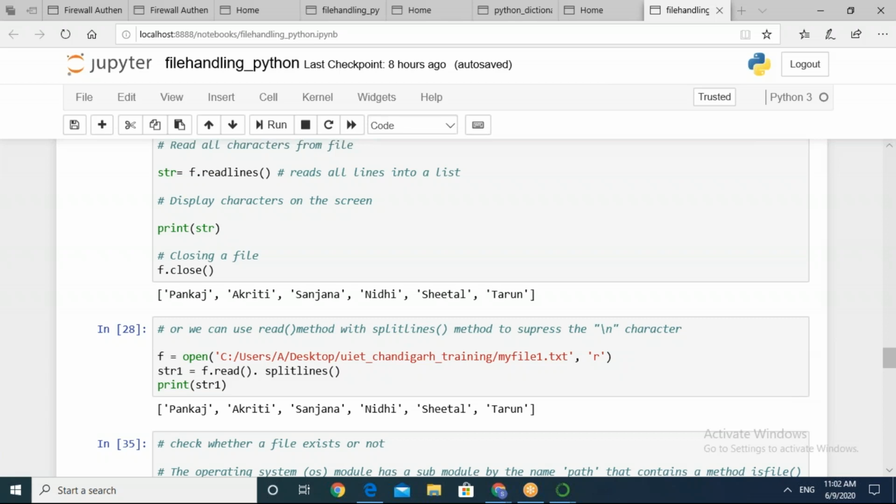I'm writing in the chat window: open a file in write mode. And if you want to open it in write and read mode, that also you can do.